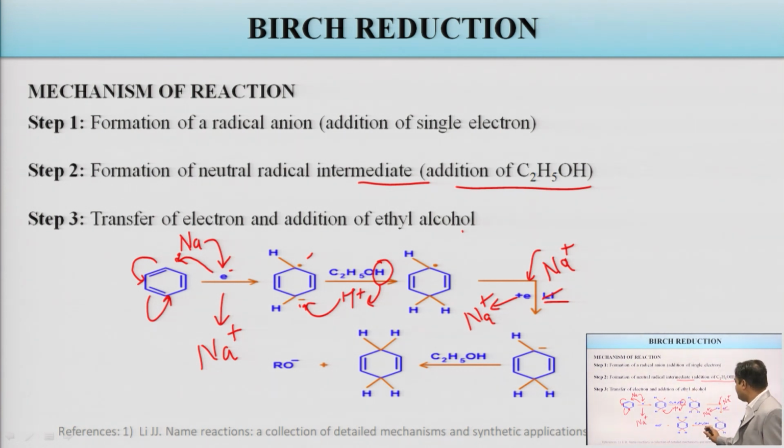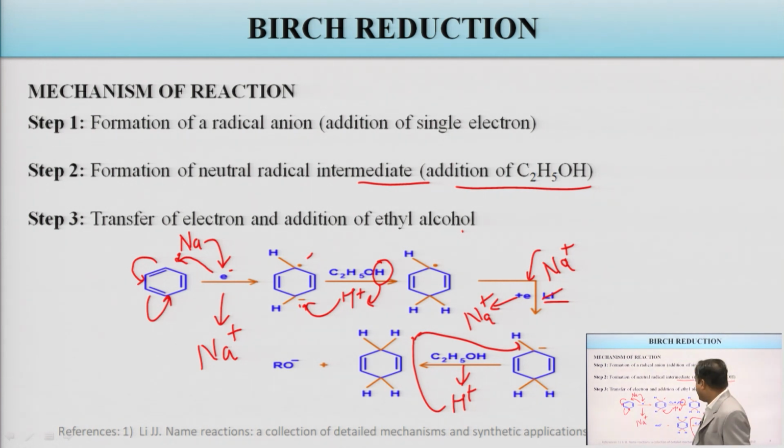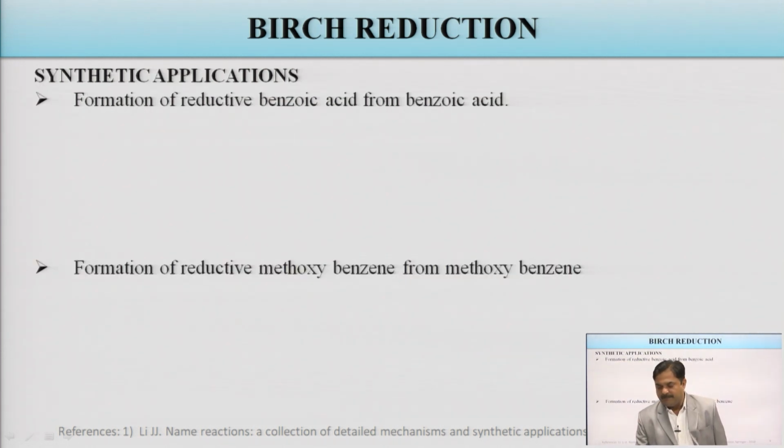So, after accepting the proton from ethanol, which is going towards this carbon, in the last you can see that one of the double bonds of the benzene will get reduced and we are getting 1,4-hexadiene in the end as the product. And this is again a very important